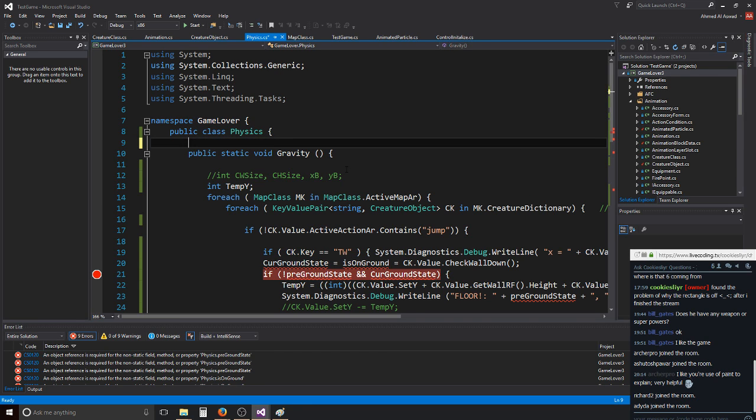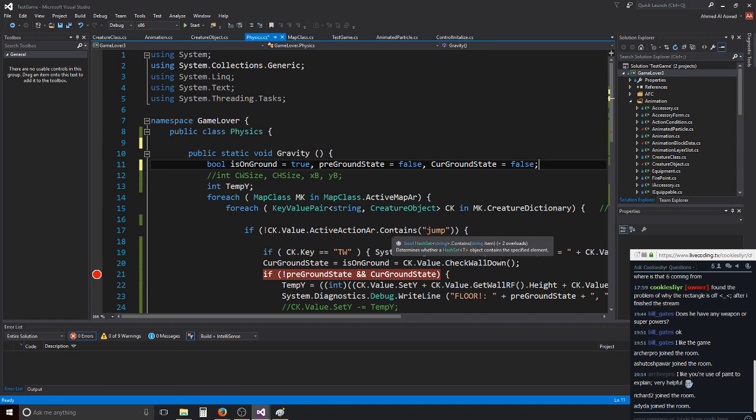I need to be focused. Maybe I need to add these variables to the character himself. A lot of crap. So if I want to add these to the character himself,